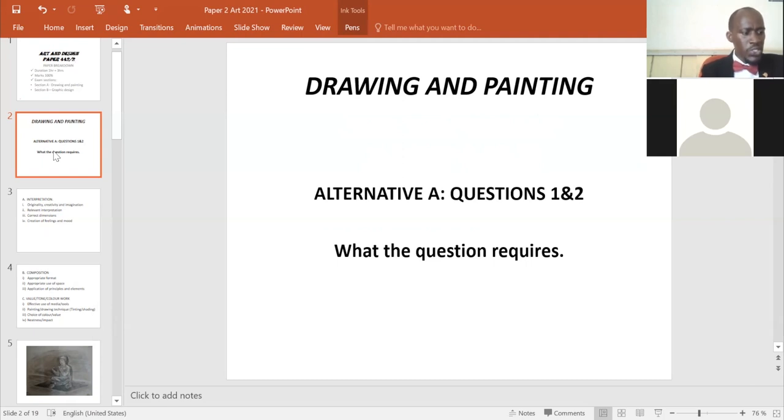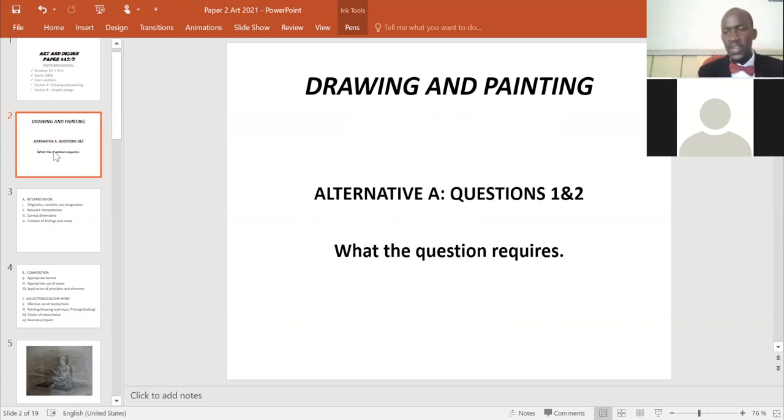The composition should be within an area of 45 centimeters by 35 centimeters. Now, let the students be able to synthesize what the question requires. That is drawing. Question 2 in this particular paper says, create a pictorial composition based on the following